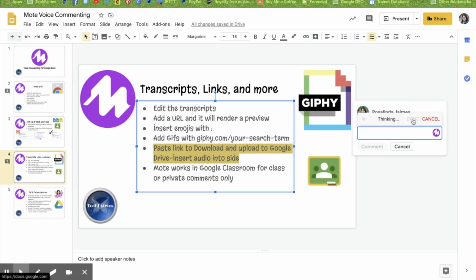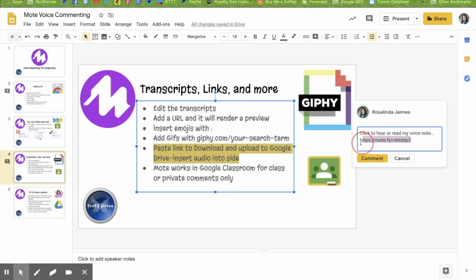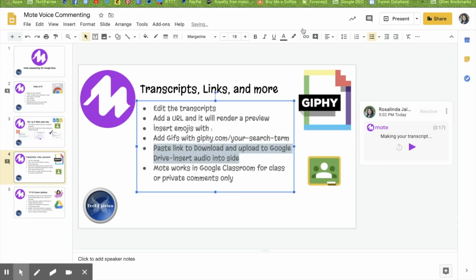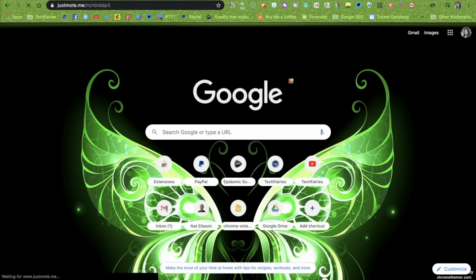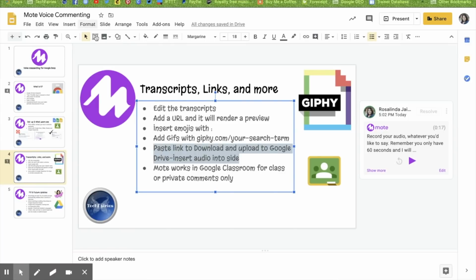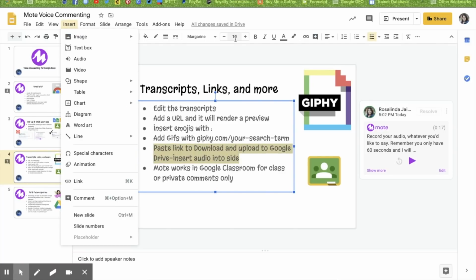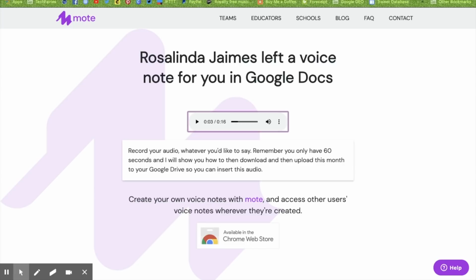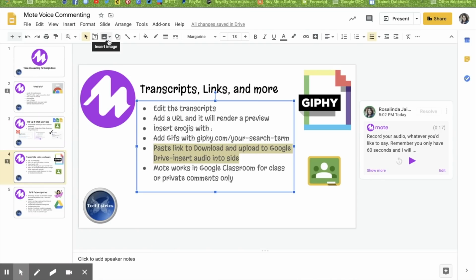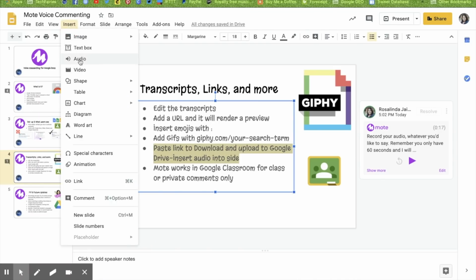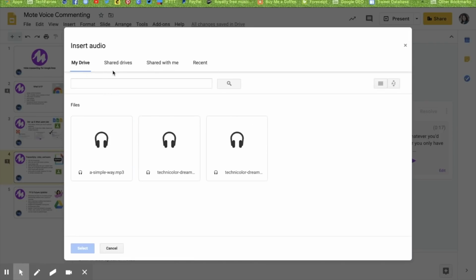Click done. Now, in order to do this, I must copy that link. So Control C or Command C, hit comment on there. I'm going to open up a new tab and paste it. Because currently right now, if I go here to your audio, whatever you like, if I wanted to, I have that link copied, and I was going to go here to insert audio. Right now, I don't have anything